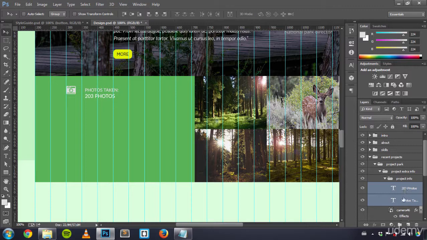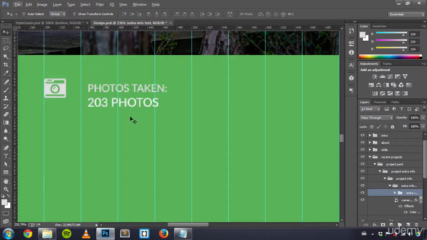So let's group these two text layers, and let's call them extra info text for now. Let's group also these two together and let's call them extra info block. Well, just extra info block. Okay, let's open up this group, zoom in a bit, open up these two text layers, sorry for that, and